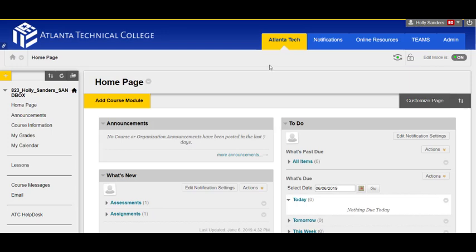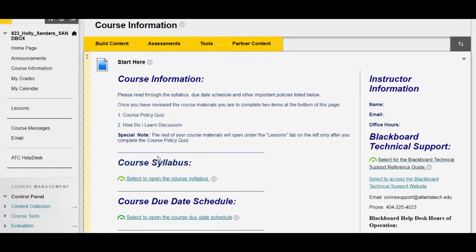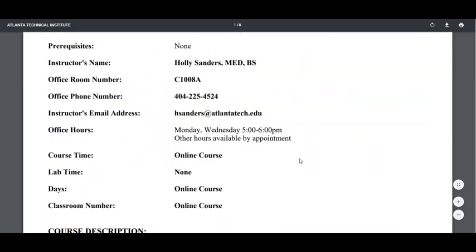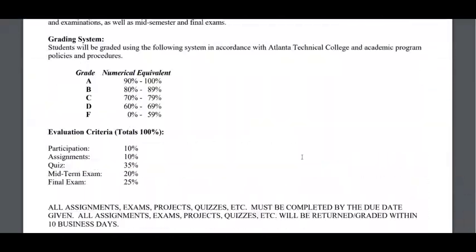Okay, now it's time to set up the gradebook. To do this, we're going to need the information from the syllabus to know what percentages we need to add into the gradebook. So I'm navigating to the syllabus, and then once it opens, scroll down to where your grade percentage breakdown is listed. It's important that there is a detailed grade percentage breakdown on each syllabus. So if yours does not contain one, be sure to get with your dean or program coordinator to add this